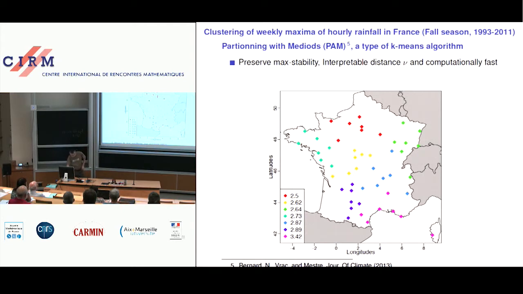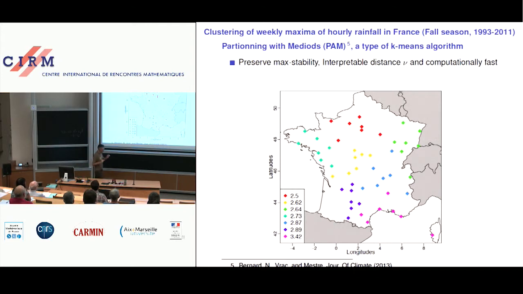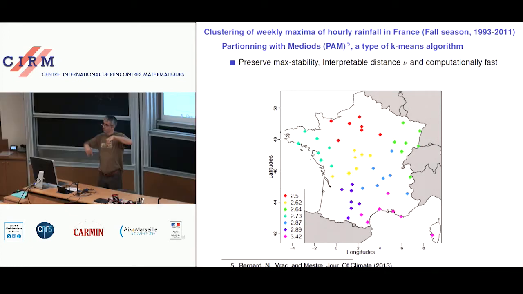Okay, so what I did, I take pairs of stations. For example, you take the rainfall data in Marseille, and you take the rainfall time series in Nice, which is nearby, and then you compute this extremal coefficient or this distance. Okay, so you can do that for all the pairs of around 92, and then you use an algorithm which basically